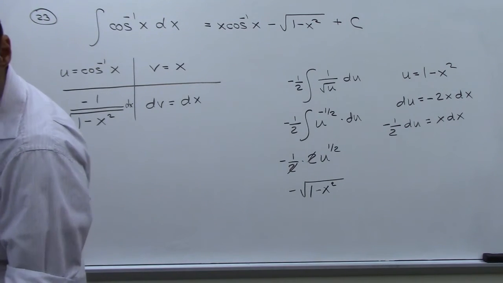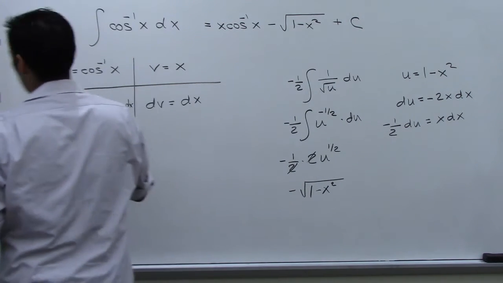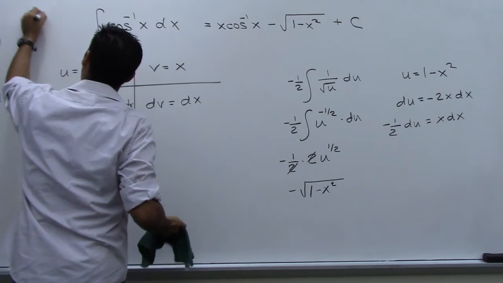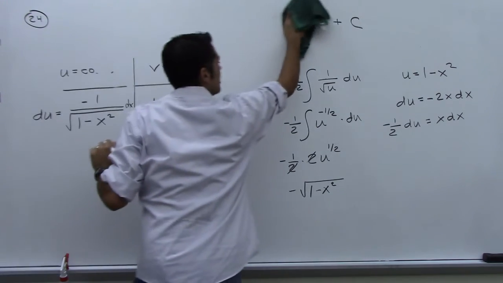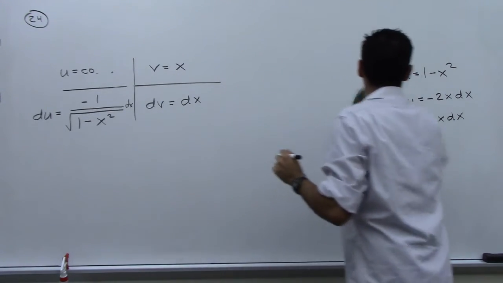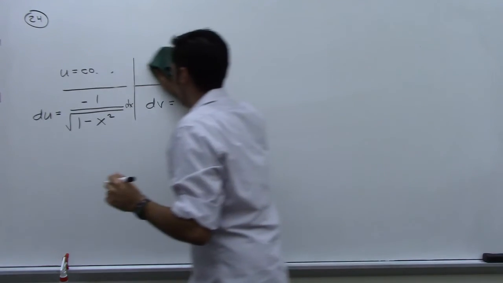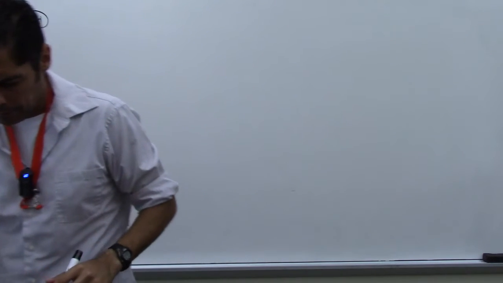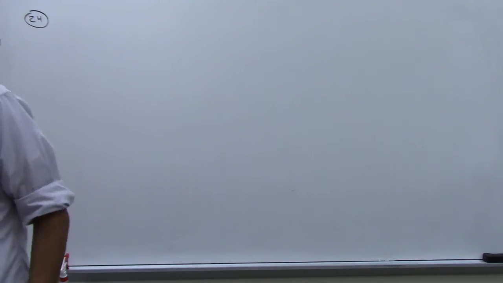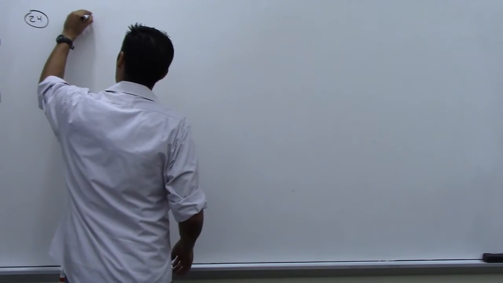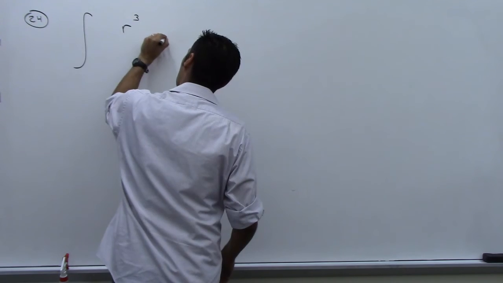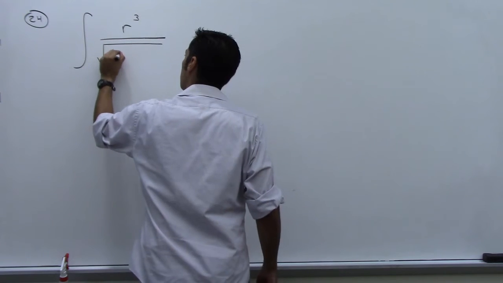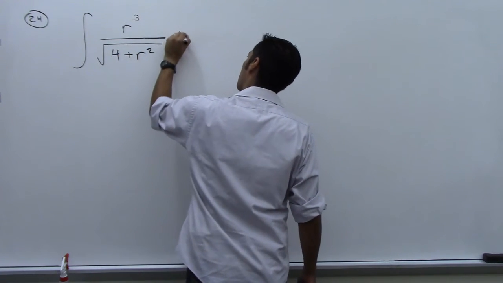All right, let's look at number 25. Oh, wait, sorry, number 24. Let's see. Integral r cubed over square root of 4 plus r squared dr. All right, this one